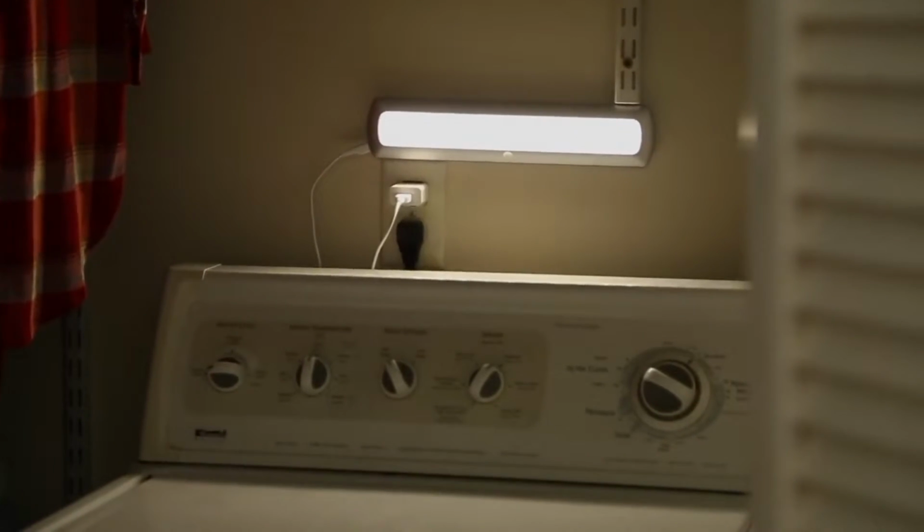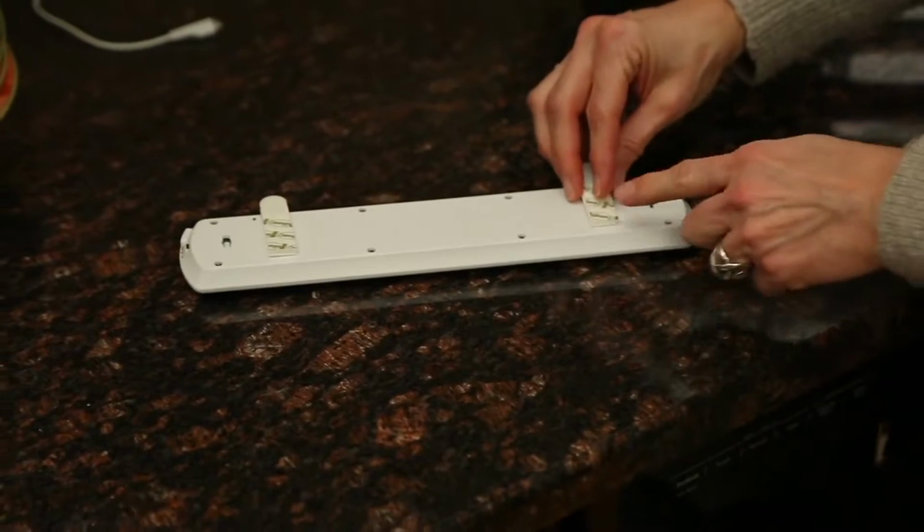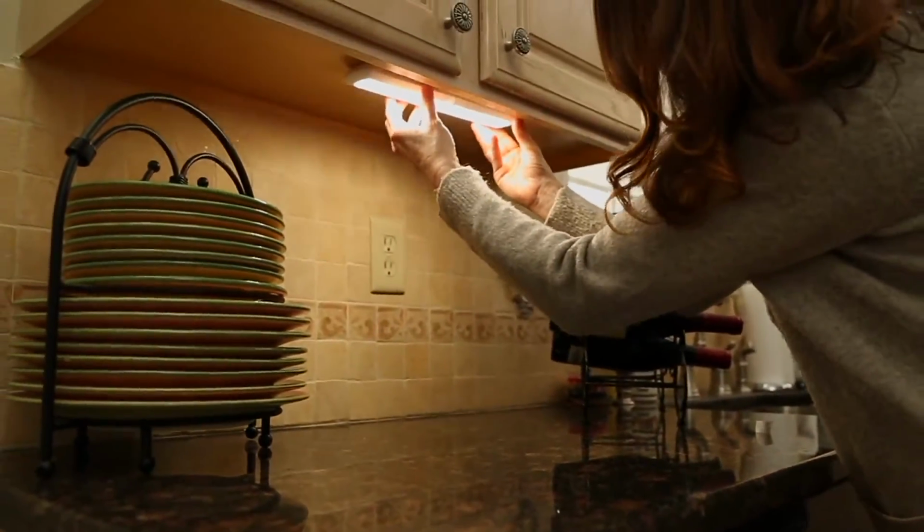That is an inexpensive and practical and fashionable way, quite frankly, to put light right where you need it. It's affordable, and you can put it in your kitchen, you can put it in a cabinet, you can put